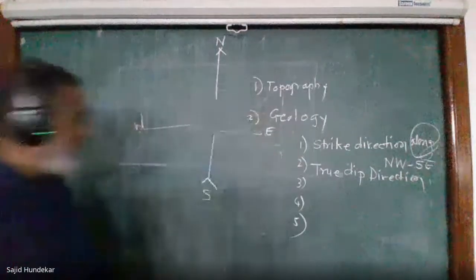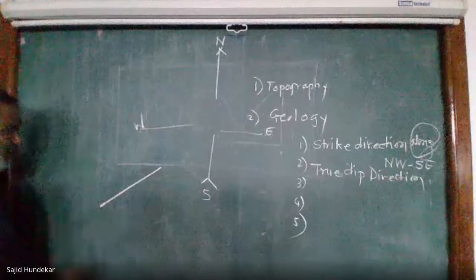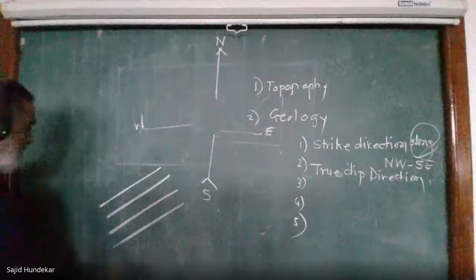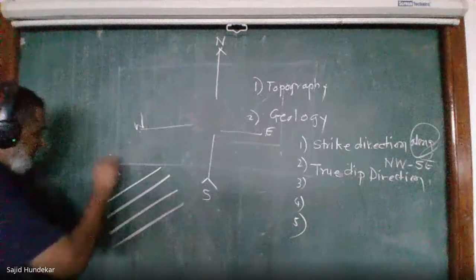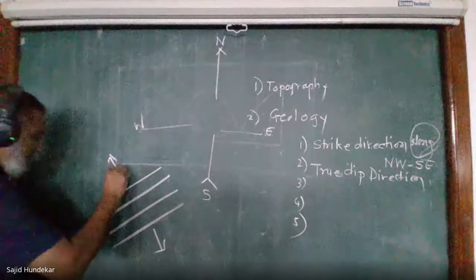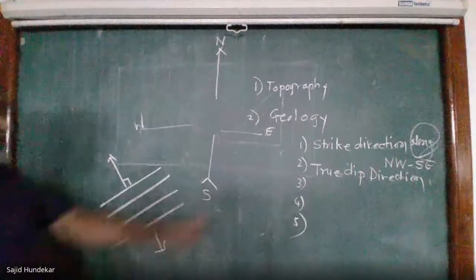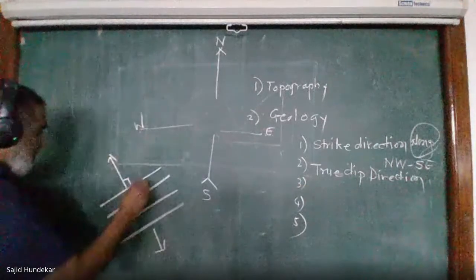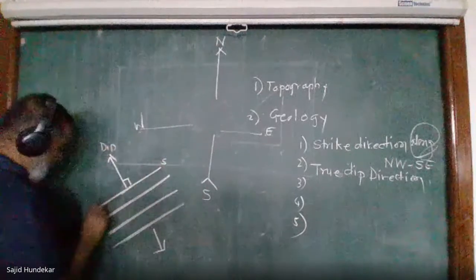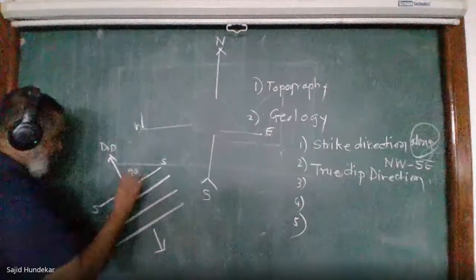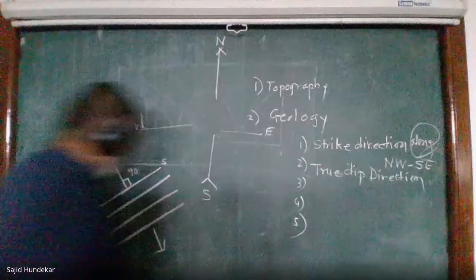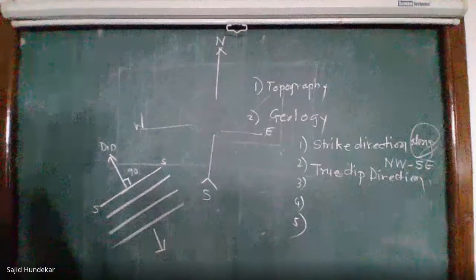What is the true deep direction? Perpendicular to the side. This is your side lines which you have drawn now. Perpendicular to the side line, whatever the slope is, it may be towards this side or it may be on this side. Only one direction, and that is the perpendicular. So it is called the true deep direction. When the angle between the side and the D, this is the D and this is the side, SS, if this angle is 90 degrees, then this deep is called the true deep direction. Whether it is on that side or on that side, we have to check it out.